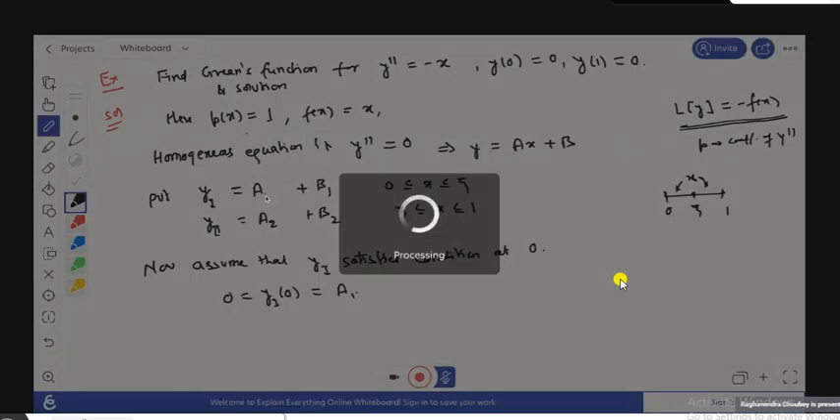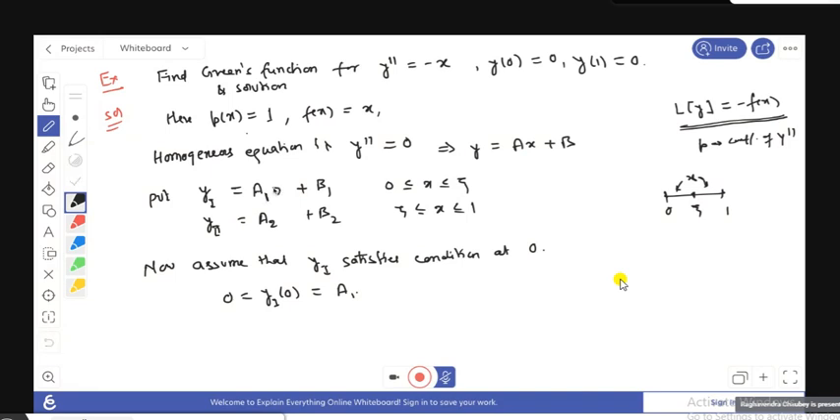So this is a1 of x and a2 of x. Here a1 into 0 plus b1 equals 0. So this implies b1 equals 0. So what is your y1(x) finally, when b1 is 0? This is simply a1 x. Okay, so assume that the second one, y2,